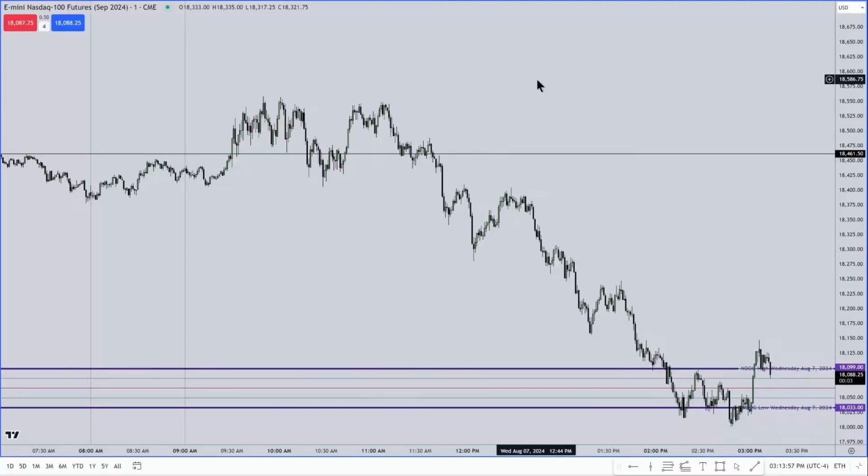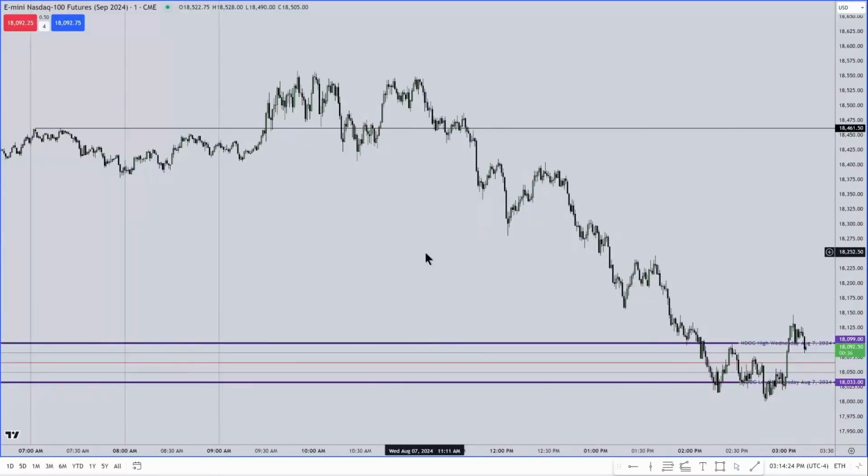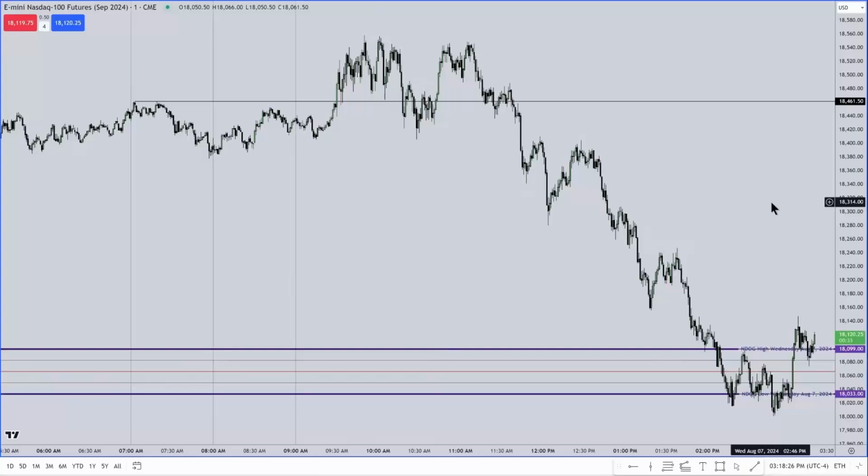And even if you miss it, you can start using what I taught you yesterday, where you can use a very sub 1 minute chart and get in sync with the price run that's already unfolding on a higher time frame, 1 minute or 5 minute chart. So to answer the question, how to hold onto a trade longer, before you put on the trade, you have to have an understanding of where it could potentially trade to.